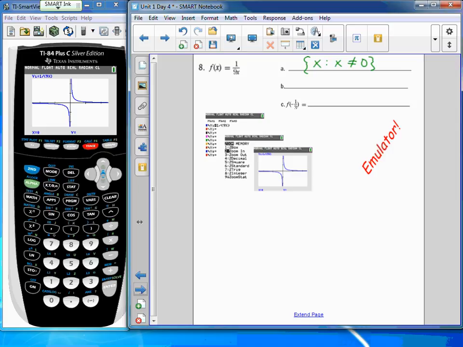Okay. The range then is the collection of all outputs. And so my outputs that are produced look like all the y values are produced, because my function shoots down towards negative infinity and up towards positive infinity. It looks like all positive numbers and all negative numbers will be produced as my function shoots off the charts. Except right here, it looks like my function's leveling off as my y values get closer and closer to y